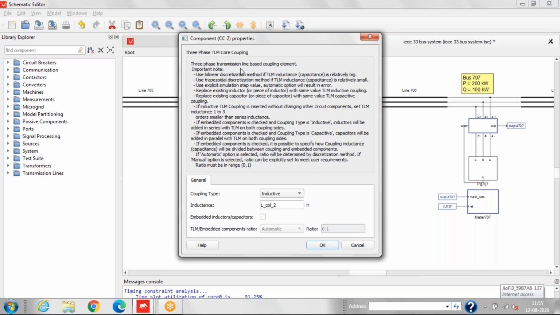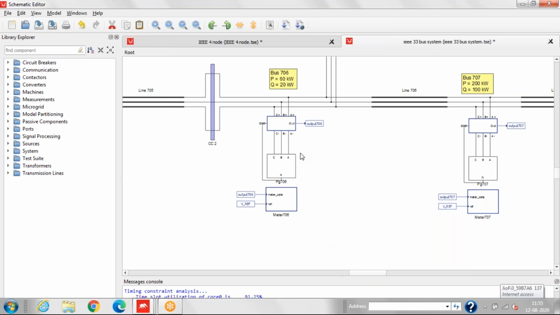As the single device has a capacity limit, for example on the HIL402 device, one core can simulate up to 20 buses. That's why we have to divide the circuit, and that's why the transmission line core coupling is used here.